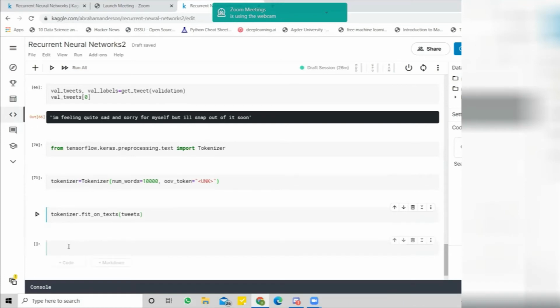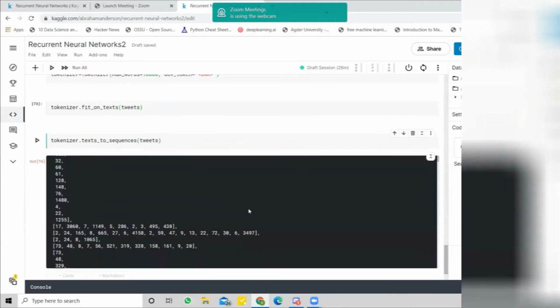Now it has been fitted, and after that we will use the same tokenizer dot texts to sequences. Yes, this function. Let's do it. For example, let's do all of the tweets.